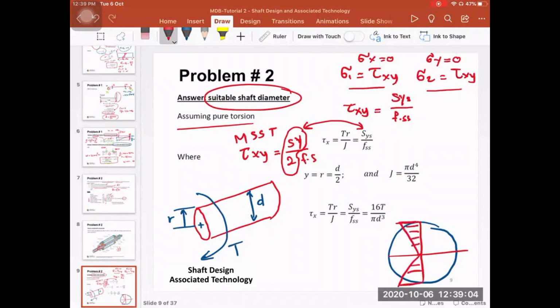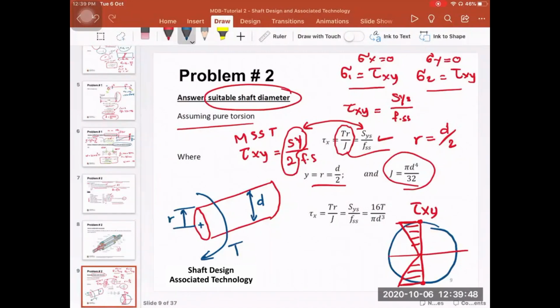So this is how the tau xy is distributed. So the maximum stresses are at the edge or the outer fiber of this shaft. So that's why here, in order to have the maximum value of this, R should be D over 2. That's why we take R is equal to D over 2. And then the polar second moment of area, J, is pi times the diameter of the shaft to the power 4 over 32. If you take Y and J, substitute them into this equation here at the top, you